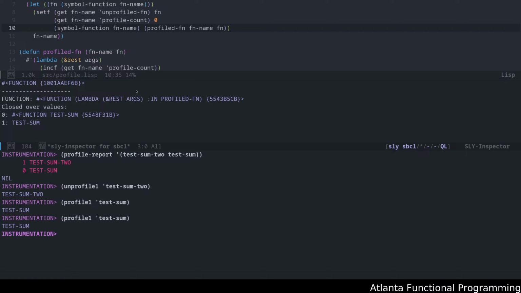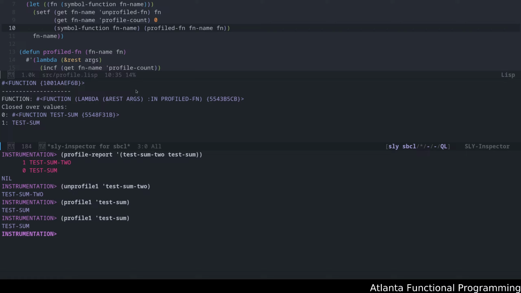It was originally the case that, when you're considering this use case, let's say that you profile a function and then the so-called profiled function gets redefined.